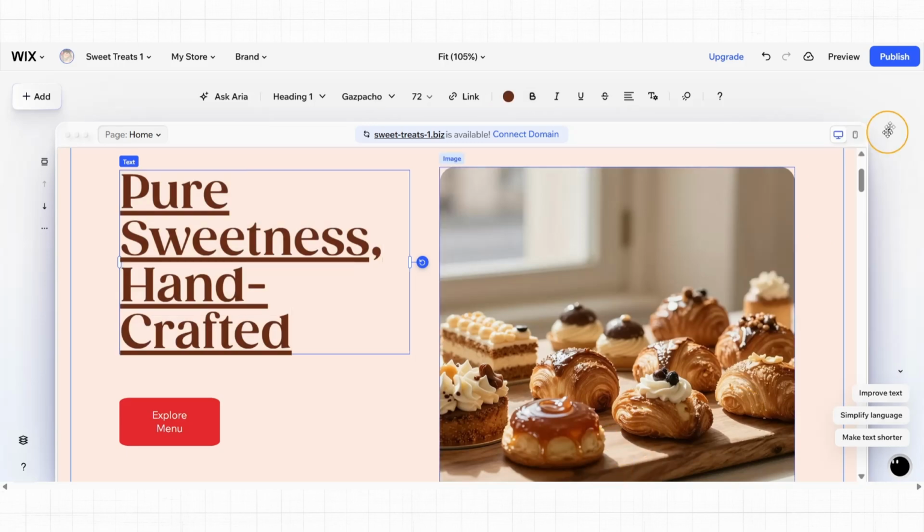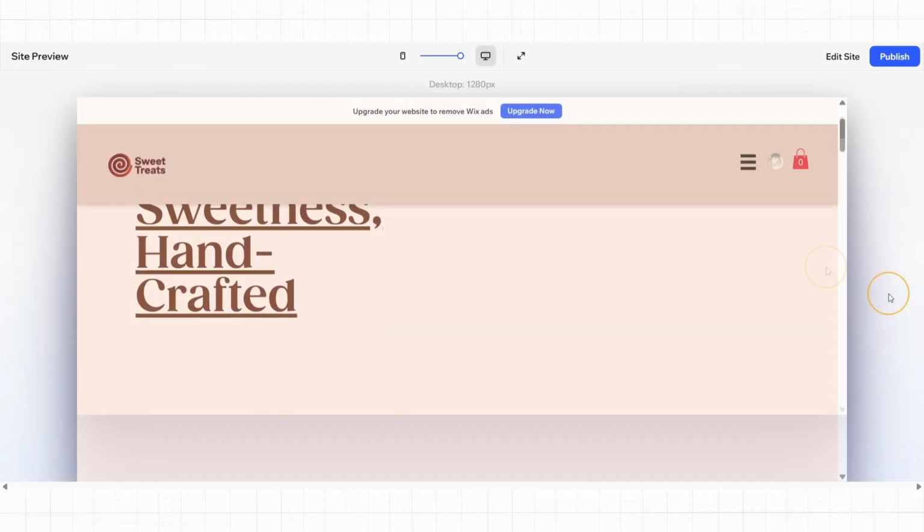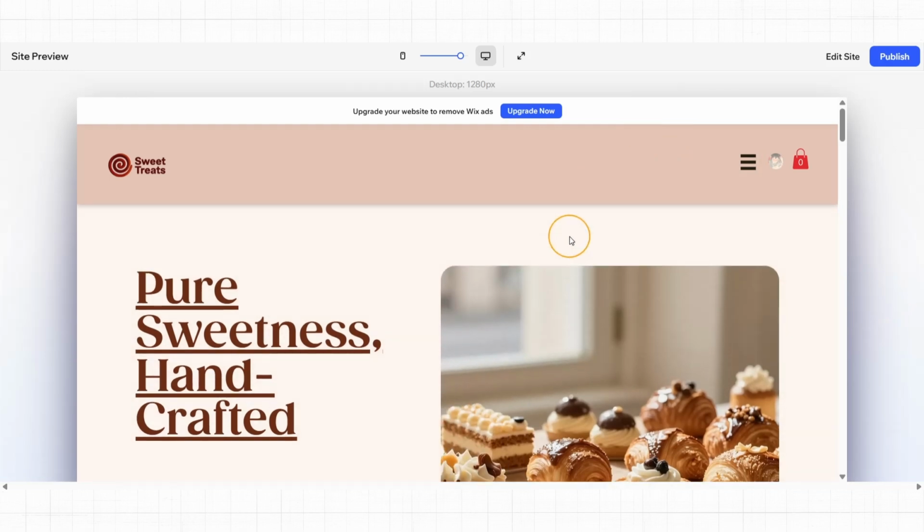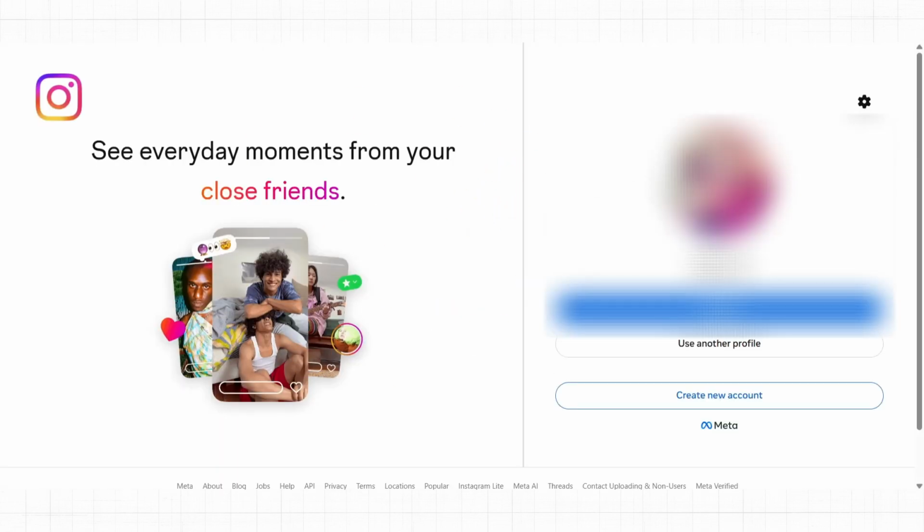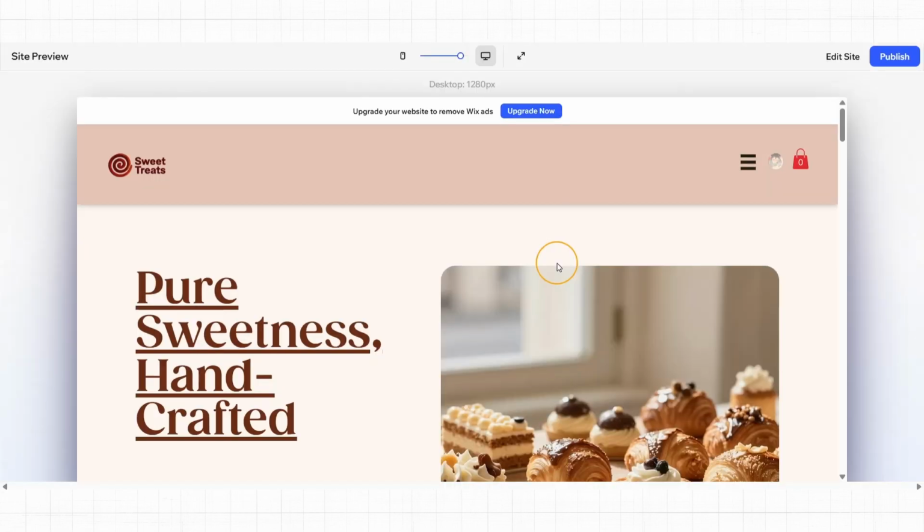And to see if it worked, you can preview your site and then try clicking on that linked or embedded text to see if it will lead you to the correct place. And it just did. So basically, that's how you add a link to your text element on the Wix Harmony